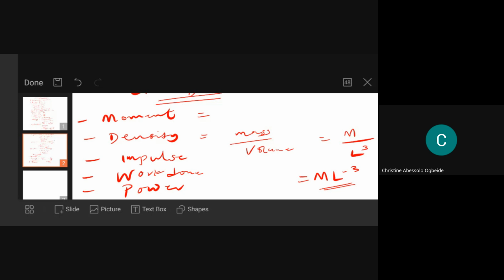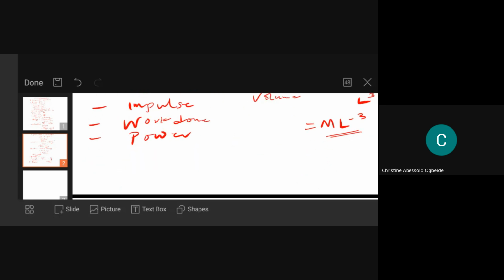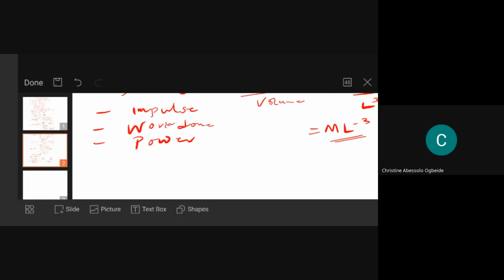Where there might be little problem is when the question is given via applications. They will give you a question on application of this dimension analysis, and you'll be asked to solve the relationship between certain quantities and another quantity. Example, look at this question now. Question, let's look at examples.